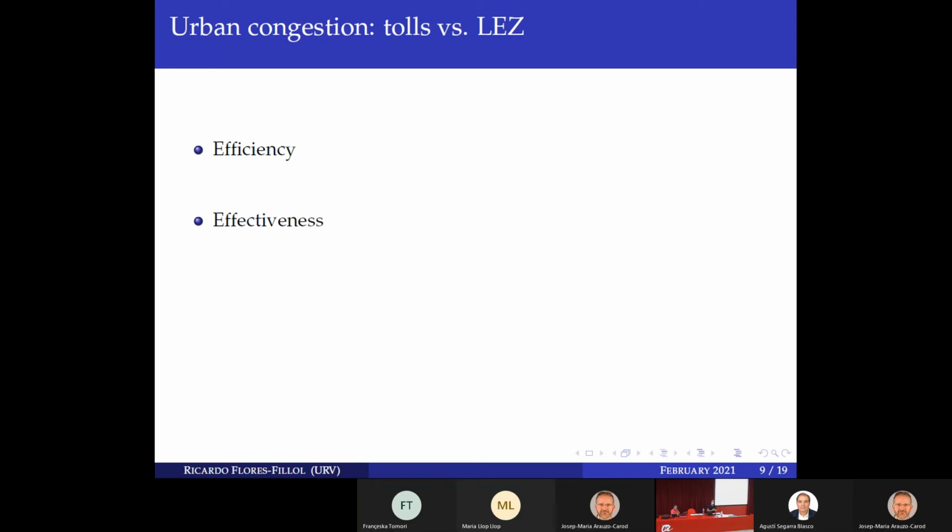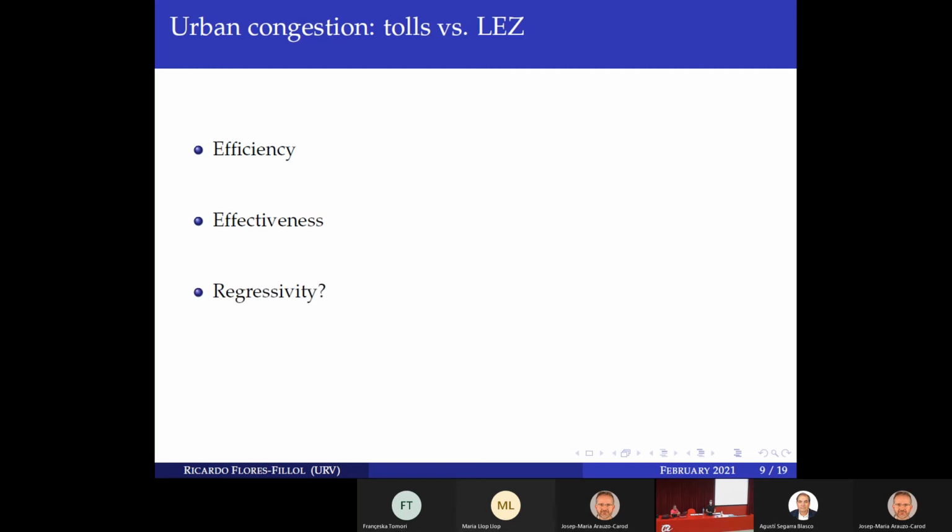This is an issue of short run versus long run, because if you think, for instance, about low emission zones, in the short run they can be very effective, but as the fleet is renewed, the new cars comply with the restrictions, and they again can enter into the city. So low emission zones can solve both externalities in the short term, but in the long term they solve the environmental externality, the pollution externality, but they don't solve the congestion externality. So this is something that you have to take into account if you move from the short run to the medium long run. Okay.